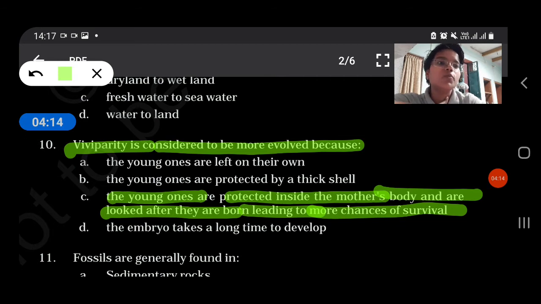As human beings, we have a gestation period of 9 months in which we grow and develop inside the mother's womb, and it protects us. But many animals like clownfish have external fertilization, so the babies develop in the outer environment and are not protected. They could be eaten by sharks, as you have seen in the Finding Dory and Finding Nemo movies. Have you seen that movie?